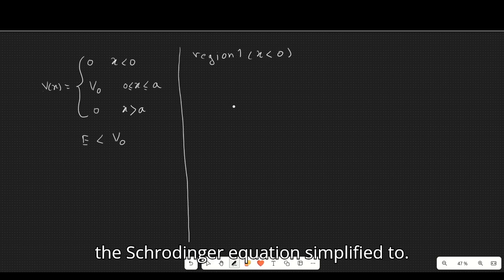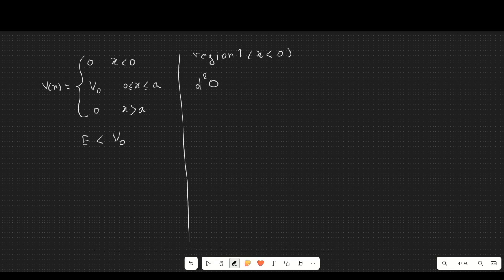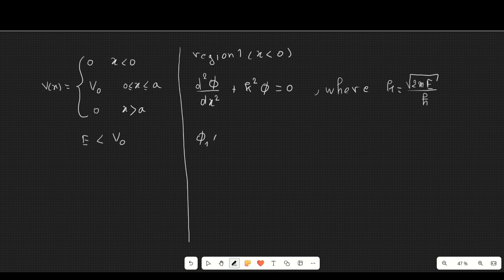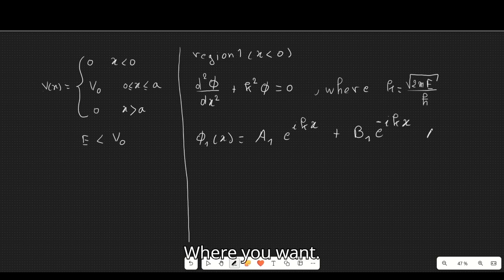So the Schrödinger equation simplifies to, where the general solution is a combination of traveling waves, where k1